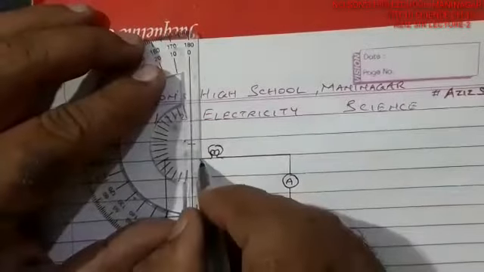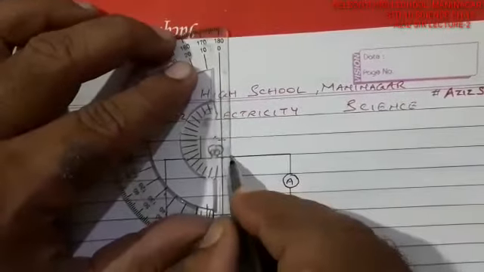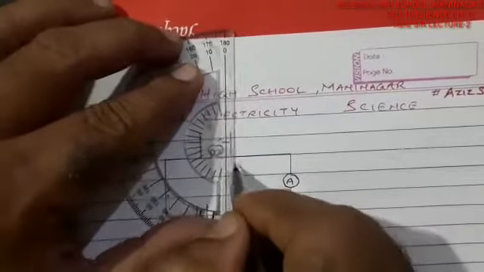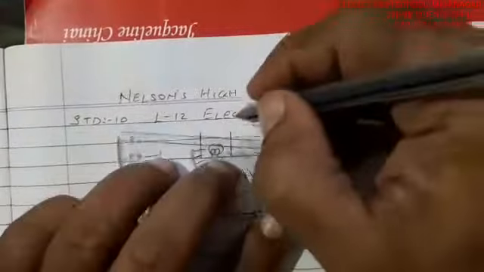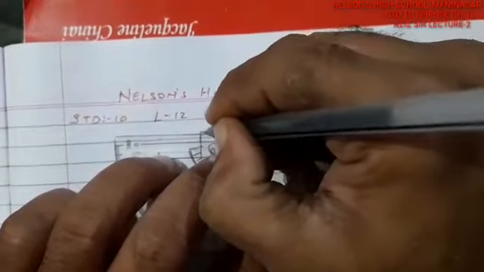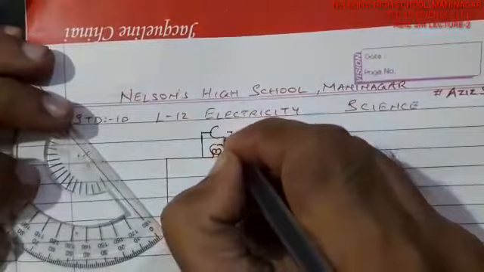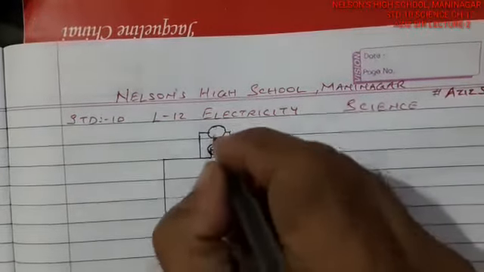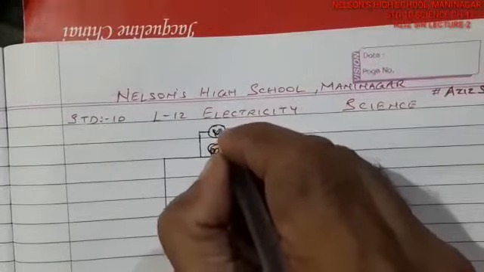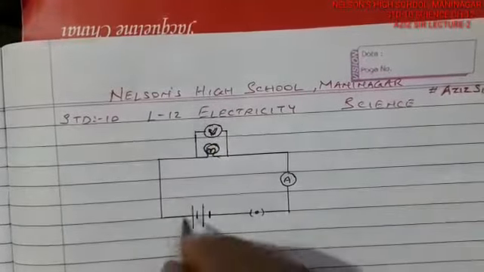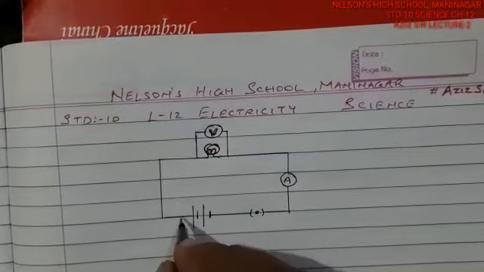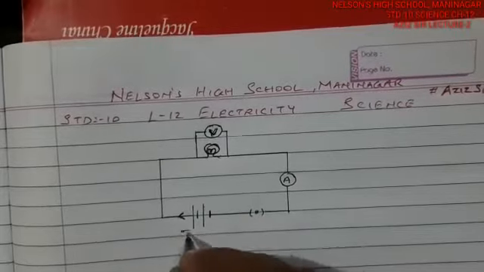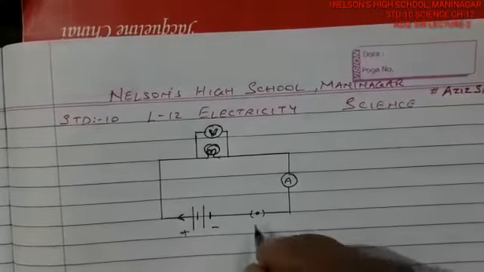Furthermore, this resistance is covered with cell potential that is called voltage, to be measured by a voltmeter. So the voltmeter is attached parallel to the resistance, that is here in this case the bulb. So this is represented as V for voltmeter, and this is an A. The current always flows, as shown in a circuit diagram, moving from the positive terminal. So this is the positive terminal of the battery, this is the negative terminal of the battery.